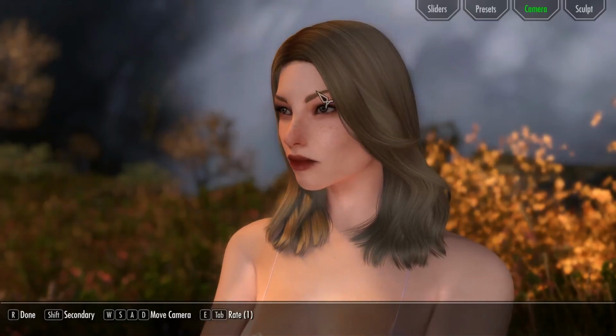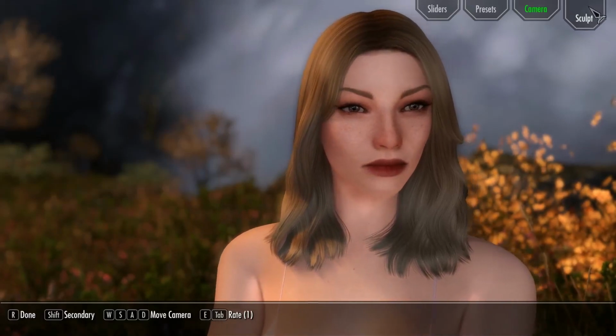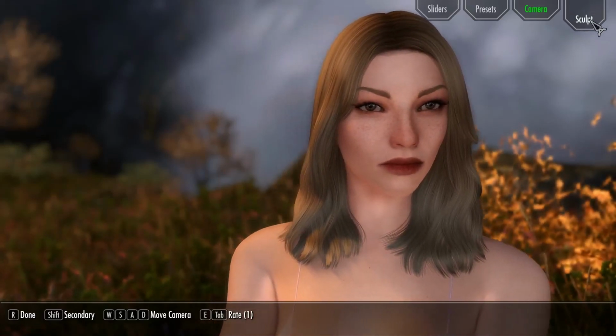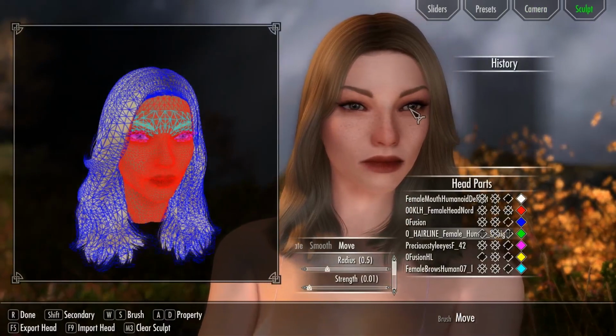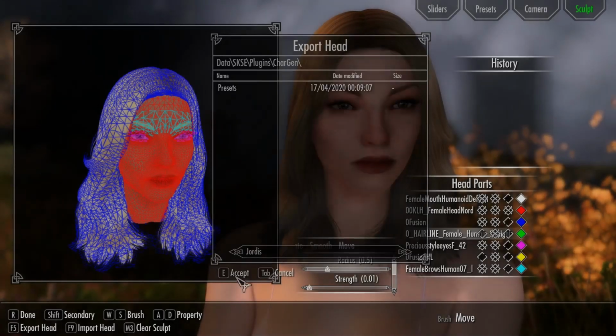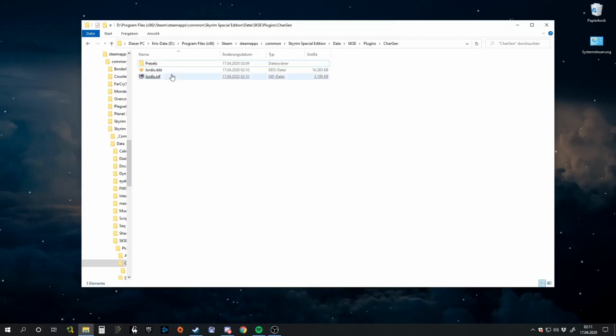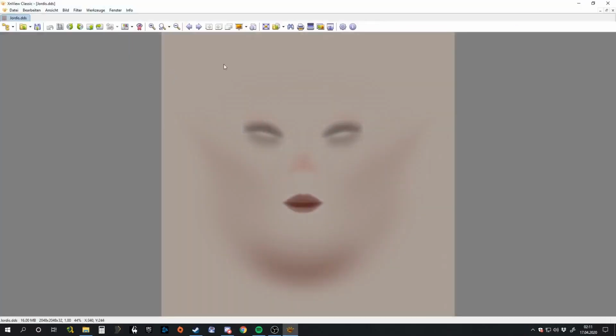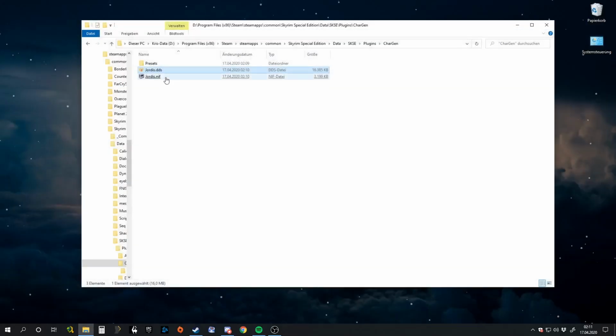I want this character that I made here to be my Yordis, the Sword Maiden, so export her. Now you have her tint mask right here, and you have her Nif,